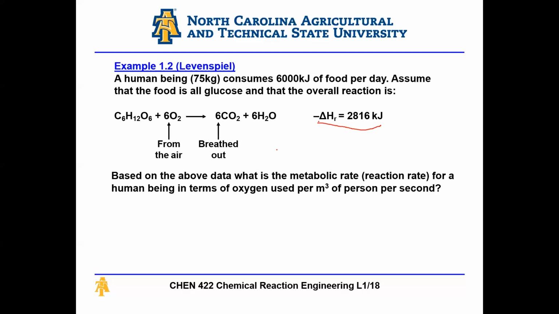So what are we looking for? Based on the above data, what is the metabolic rate for a human being in terms of oxygen used per meter cubed per person per second? So I want to get the reaction rate. I'm looking for minus R for a human being in terms of oxygen, so it's minus R O2, in terms of oxygen used per meter cubed of person per second. So I want moles of oxygen used per meter cubed person per second, right? So this will basically be 1 over V person multiplied by